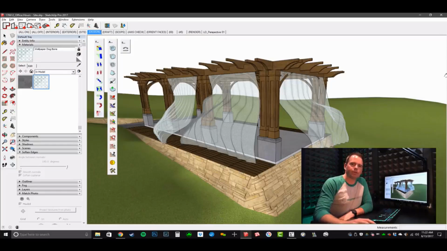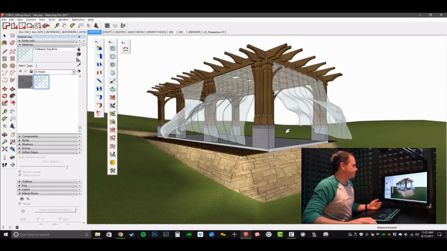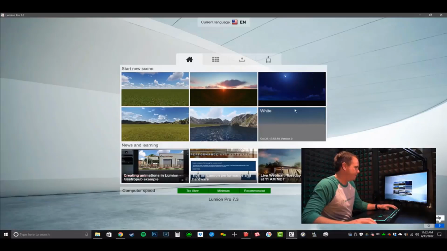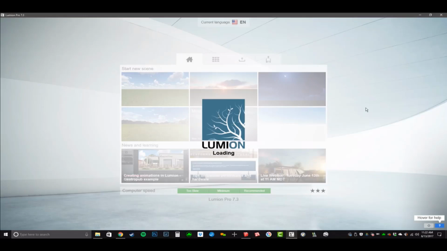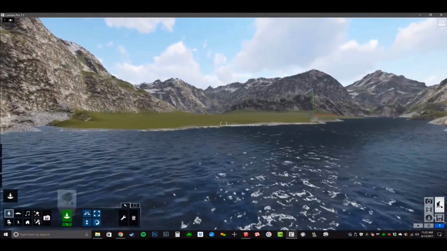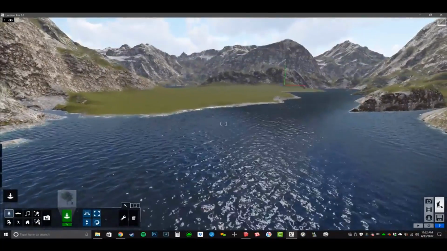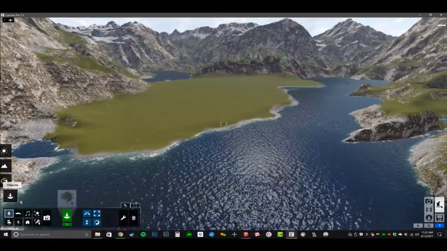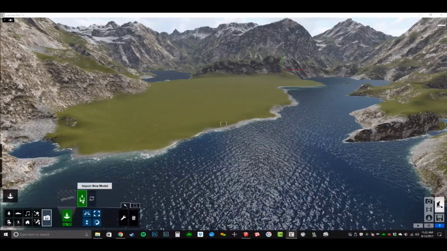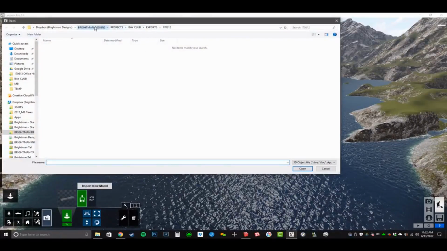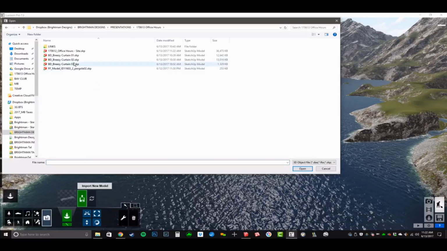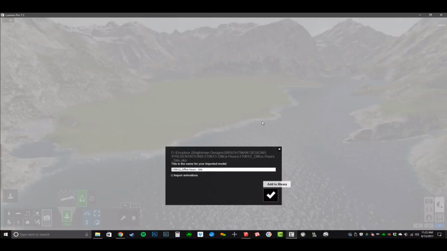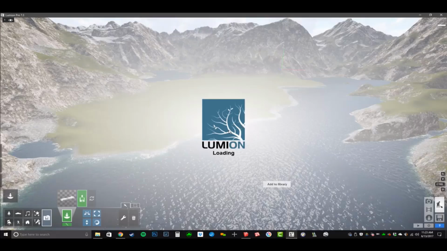And so let's take a look at our Lumion file. We'll go over here to Lumion, and I'm going to start with the mountains in spring. Why not? It's got mountains, it's got water, looks good. All right, so now I'm going to go to my imports, and import new model, and we're going with our presentations for today and our June 13th office hours, and here's our office hours site. I'll choose open, say OK,